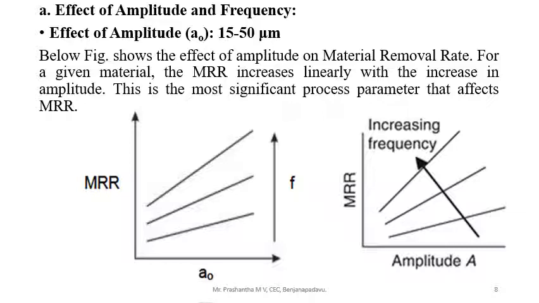Here, the amplitude and frequency of vibration determine the velocity of the abrasive particles at the interface between the tool and workpiece. At larger amplitudes, the kinetic energy rises. This in turn enhances the mechanical chipping action and consequently increases the material removal rate. But increasing the amplitude tends to increase the surface roughness. However, the effect is minimal.